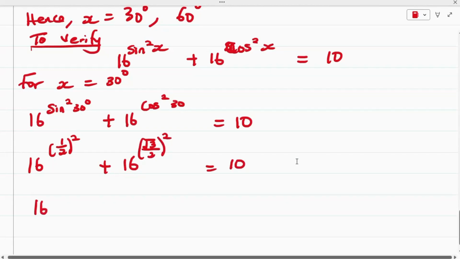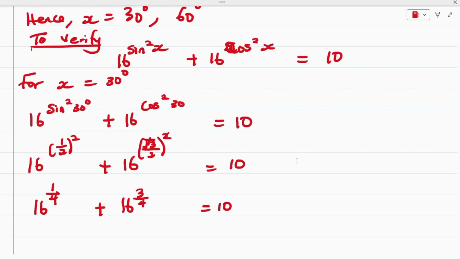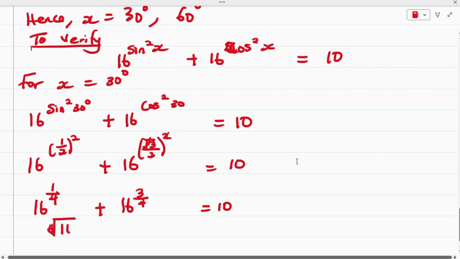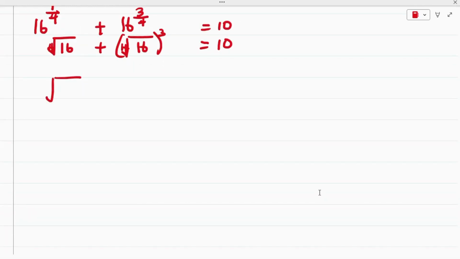So we have 16 raised to the power of 1 over 2 square, which is 1 over 4, plus 16 raised to the power of, we square the root 3 over 2, so we have 3 over 4, which is equal to 10. So we can easily rewrite this as the fourth root of 16 plus the fourth root of 16 all raised to the power of 3, and this is equal to 10. So from here, the fourth root of 16 can be expressed in terms of 2 as 2 raised to the power of 4,